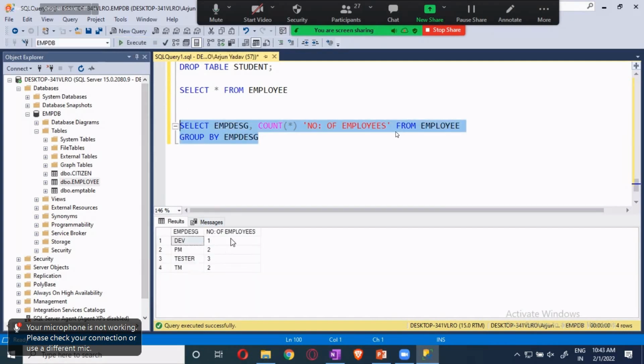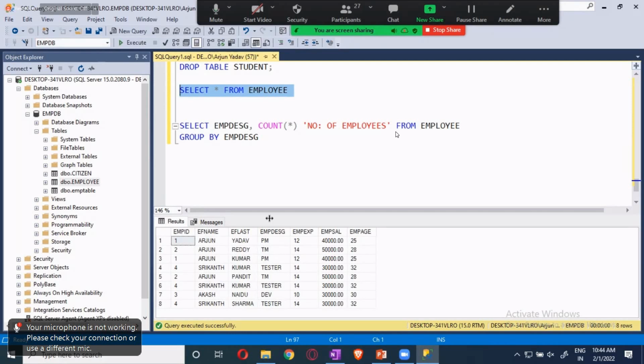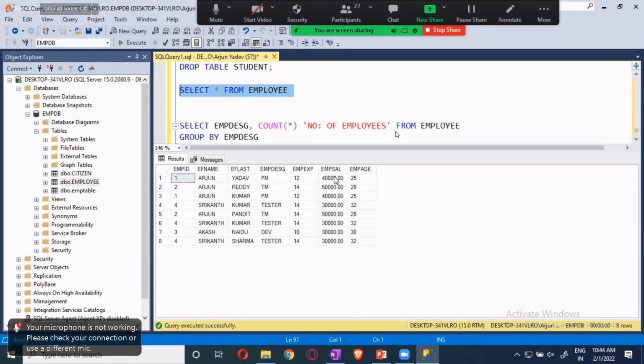Apart from this, I want to see the total salary we are paying for each designation. Here I have the EMP salary. I want to see the total amount of salary for the PMs, for the testers, and for the technical managers.